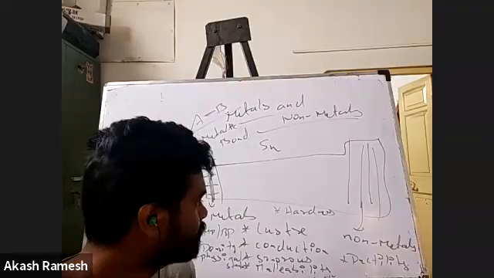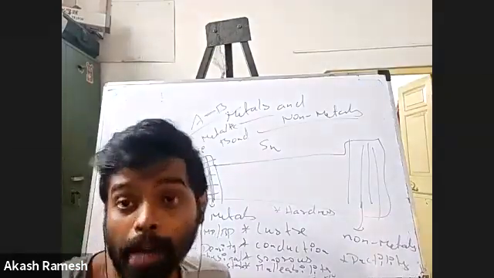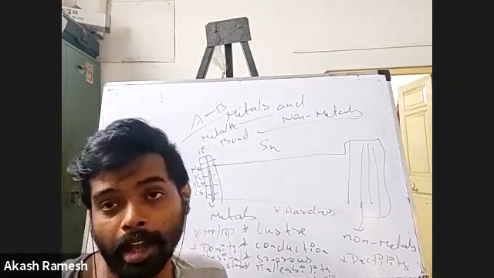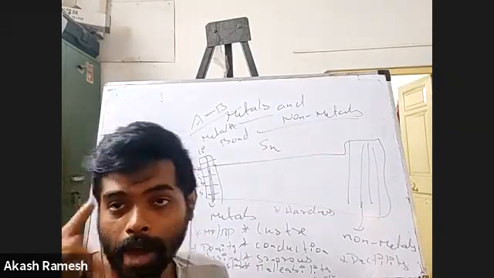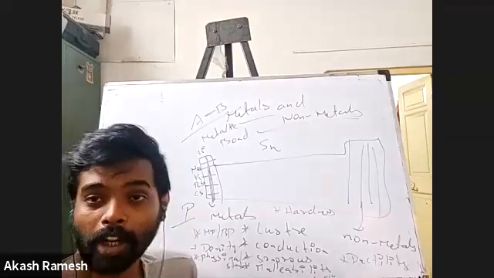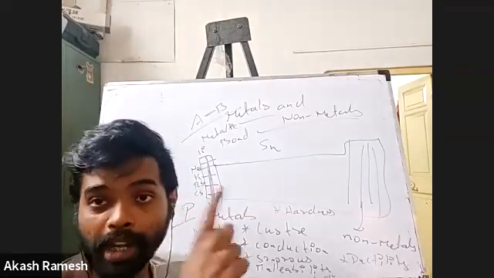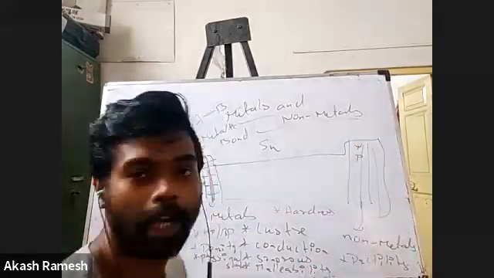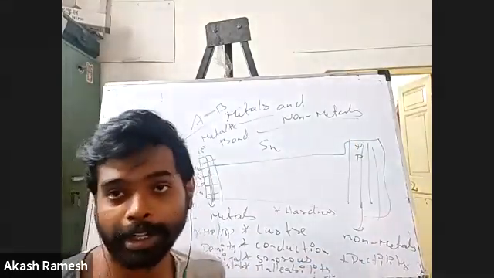So what I was talking about: any other non-metal being in solid state other than carbon, right? One good example is phosphorus. Phosphorus will generally be a non-metal. It belongs to the nitrogen family. If you see nitrogen will be here, and next to nitrogen you will have phosphorus in the periodic table. It's a non-metal, right?